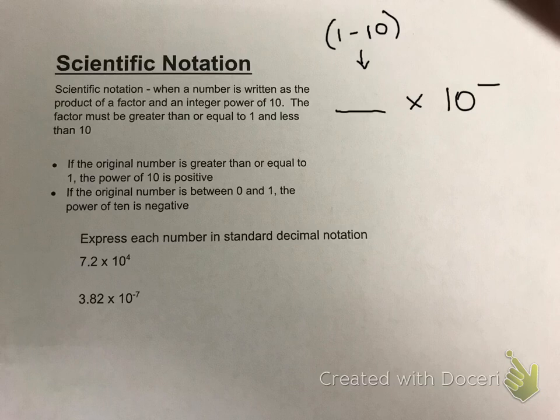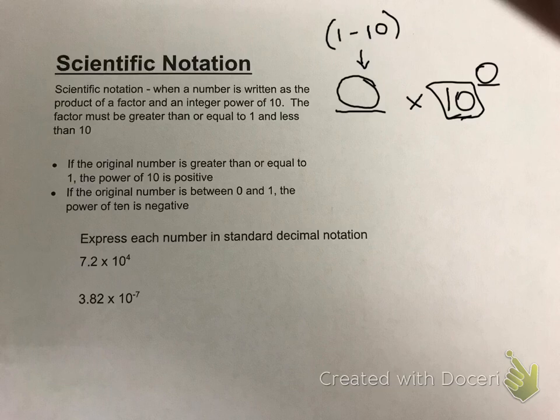So what I mean by that is you're going to have to plug in this number and that number every time. And this number is always going to be a 10. So that's a given. So looking at an example of taking something that is in scientific notation and writing it in standard decimal form or decimal notation,